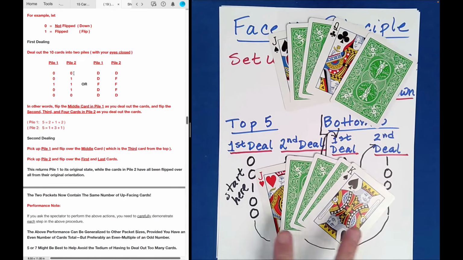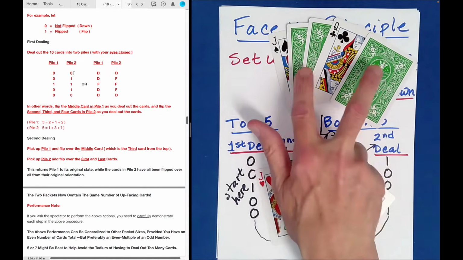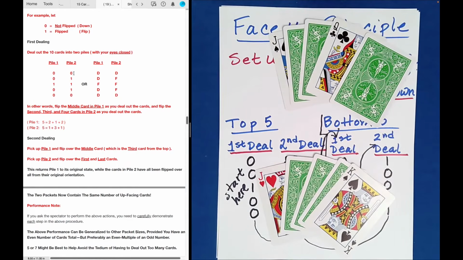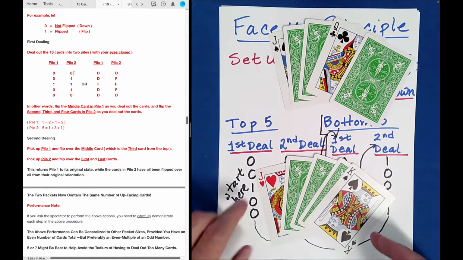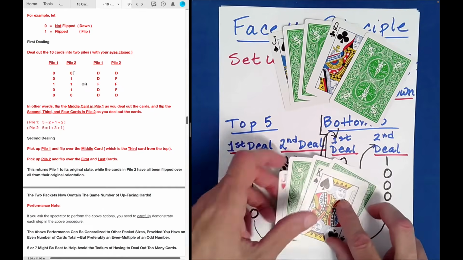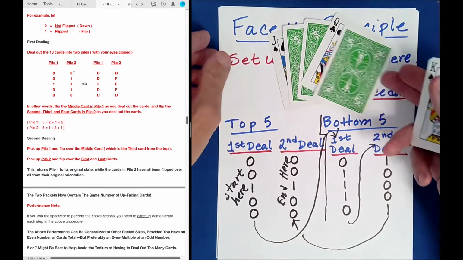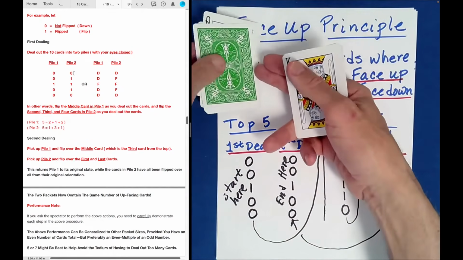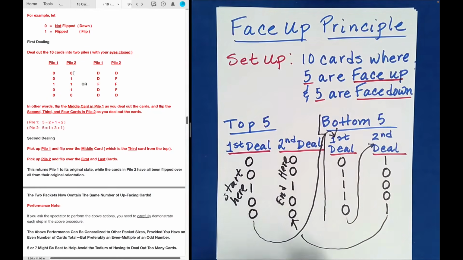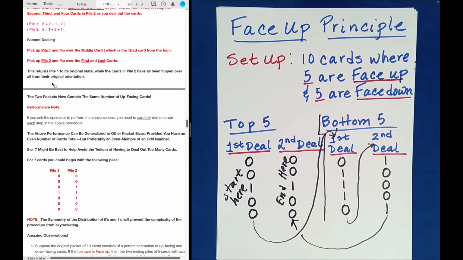You just know that you'll have an equal number of face-up cards in each. That's all you know by this principle, but it's still a considerable amount of information. And very surprising information. Okay, so that is an example of using this principle,